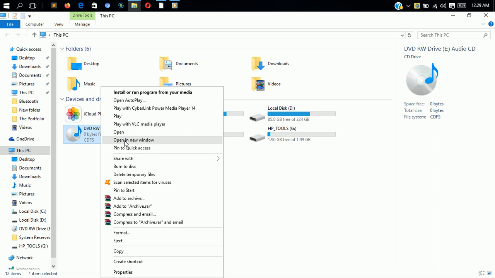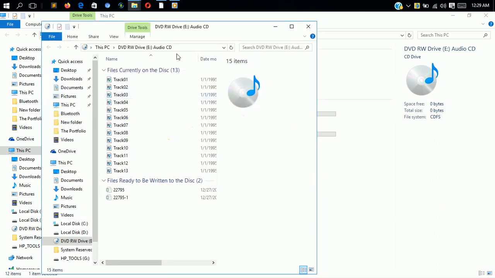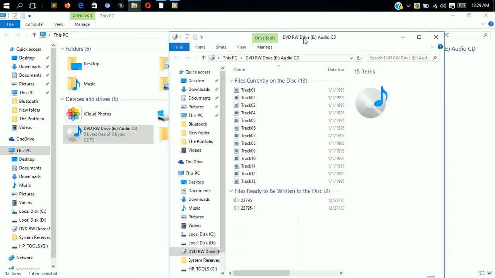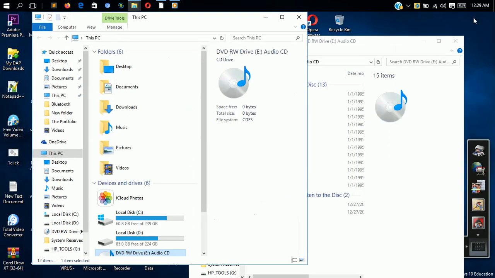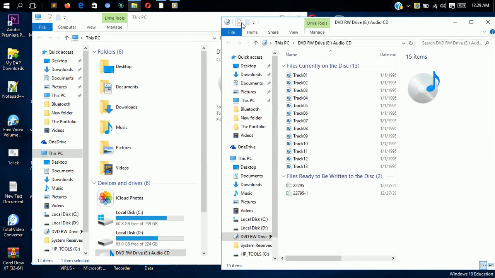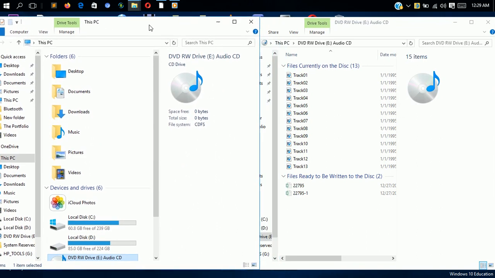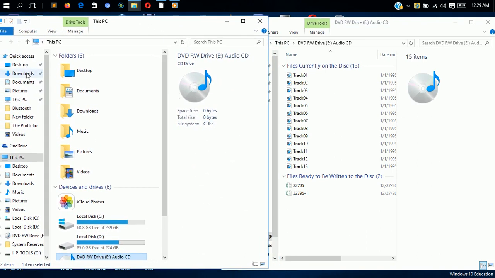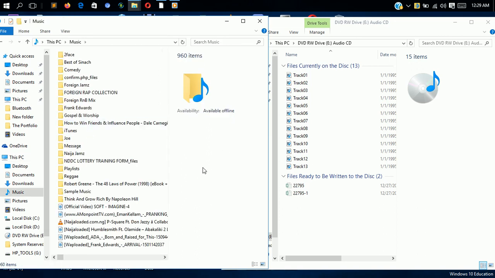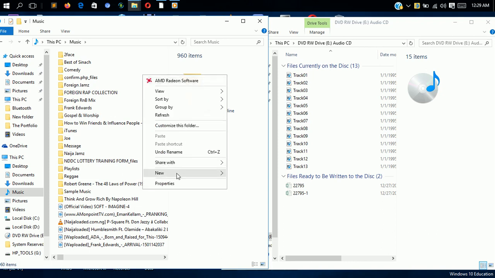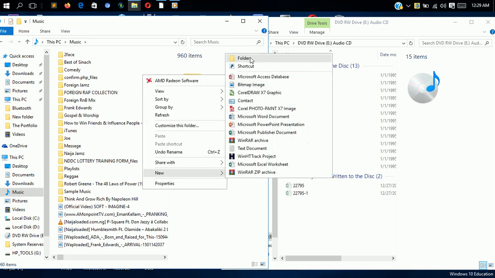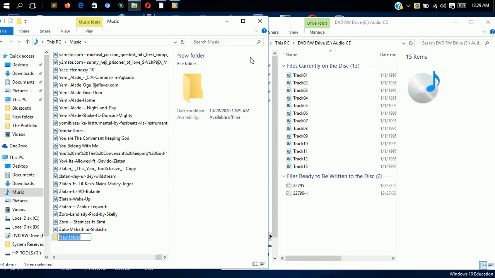You can just say open in a new window. It opens like this. You shift it at the other side, minimize this so that you will be seeing the songs appear. Now let's say I want to put it inside the folder music. I will create a folder and call it